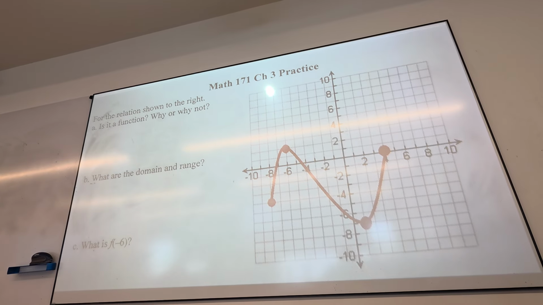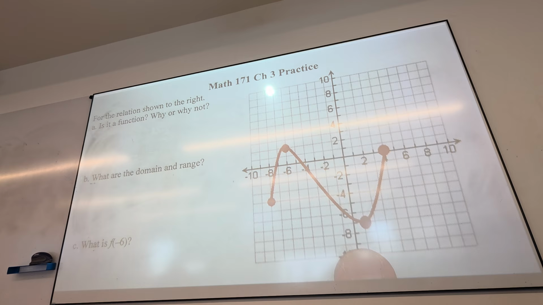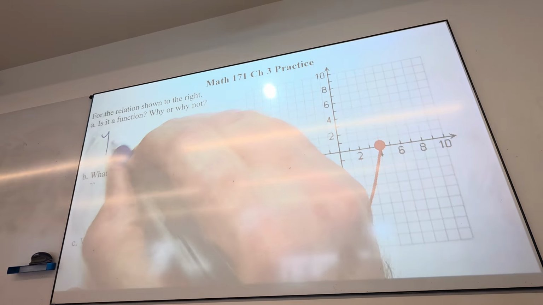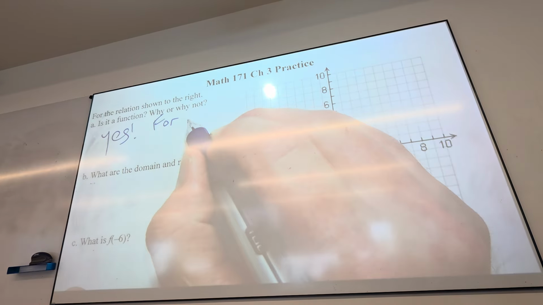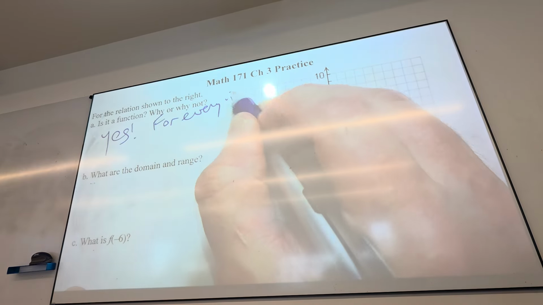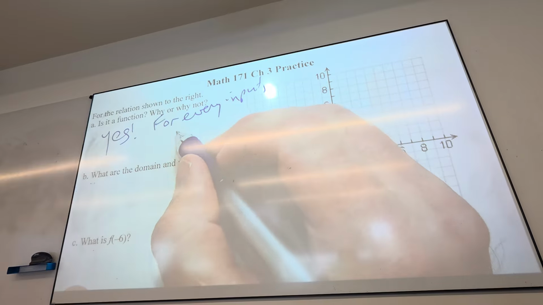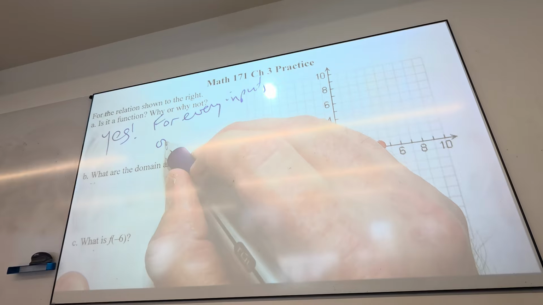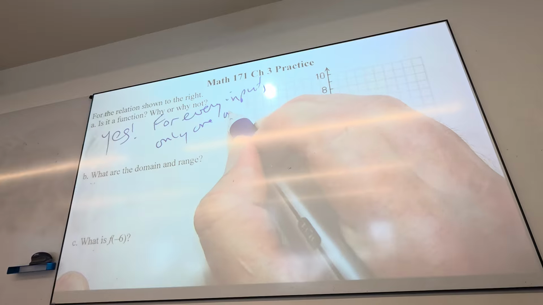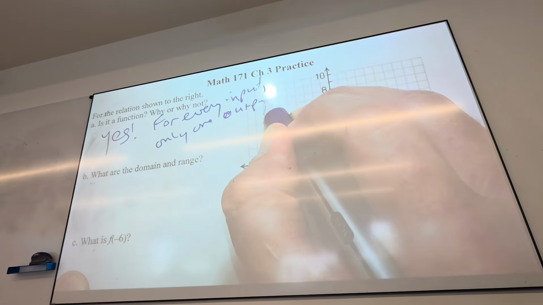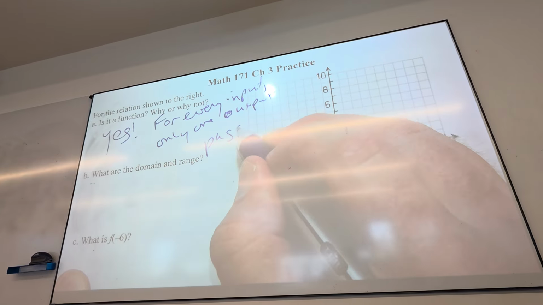Let's take a look here. Is this a function? Yeah. Totally. Why? There's no intersecting y values. For each input, there's one output. Okay, so yes, you could say for every input, there's only one output. But what's the short way to say that? What's the test? What kind of straight line? Vertical. Yeah. Passes the vertical line test,